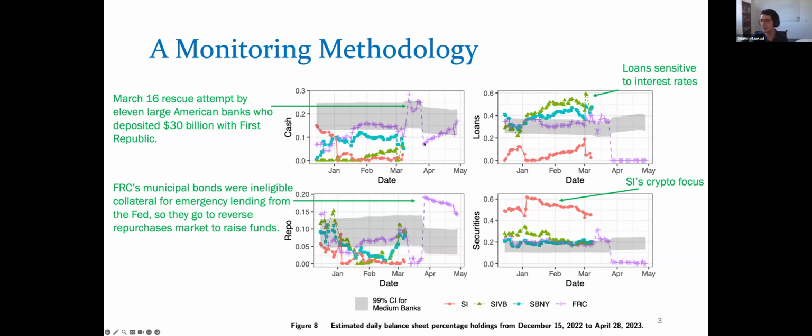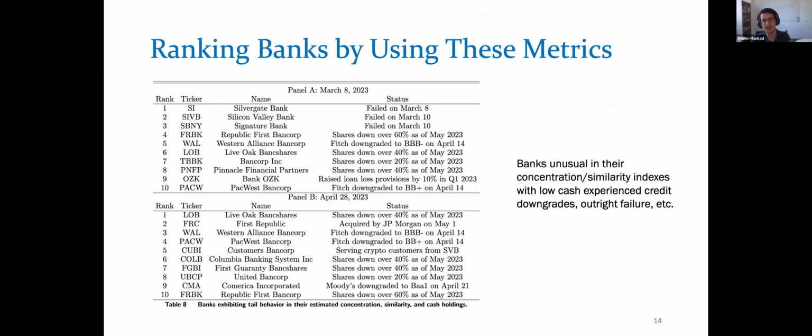So the cash holdings went way down and then they ended up being acquired by JP Morgan later. But anyway, this is quite interpretable and useful from a monitoring perspective. And in fact, if you were to look at the outliers, if you will, and see what happened to them at different points in time, you can see that for an early warning system,